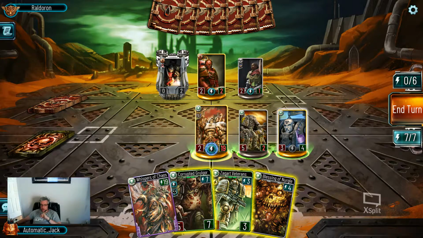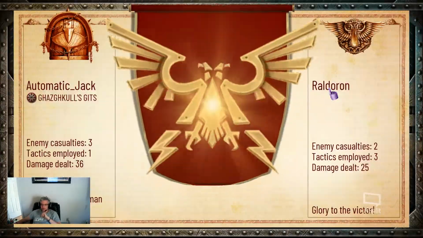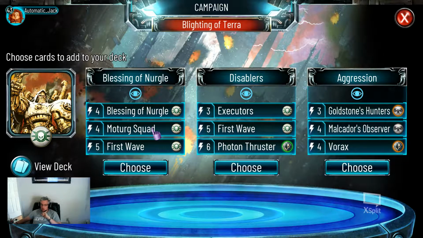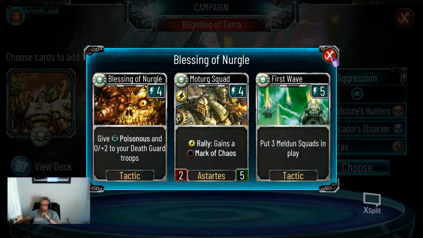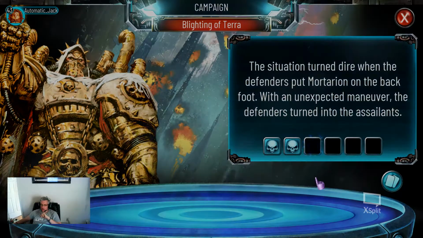Does not seem like an easy life being a Chaos Space Marine, to be even harder if you're in the Death Guard. Alright, so even more first wave available. We like that. We also like the idea of some Goldstone's Hunters for the extra face damage, being able to knock down the enemy a little bit. Vorax is always strong. Yeah, it likes to play small squads. We've already got a couple first waves. Don't need another Blessing of Nurgle. The Executors would be alright if we were really trying to activate the Blessing of Chaos, or the Whispers of Chaos, but we're actually going to go with the...